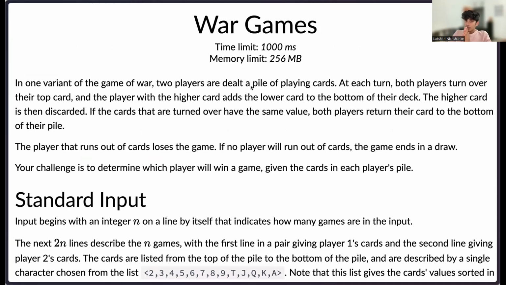But if there were cards with the same value, they are going to be added back into their lists. So if we simulate it and somewhere find 2 cards with the same value, we put them at the back of the list, and then we keep doing that again and again.